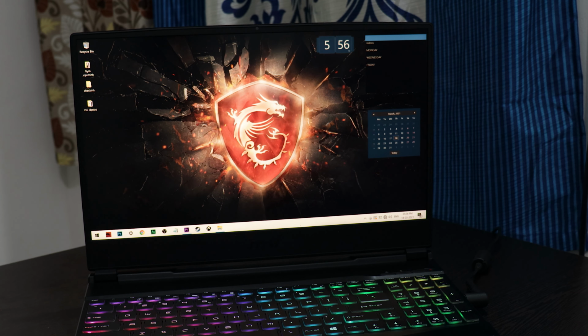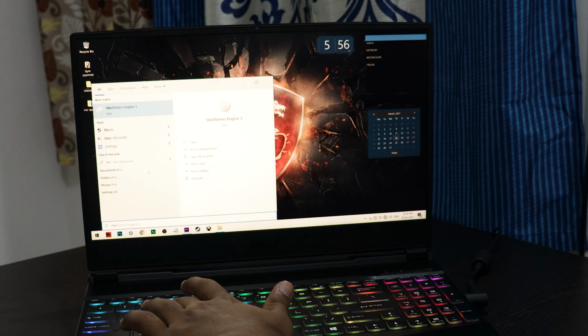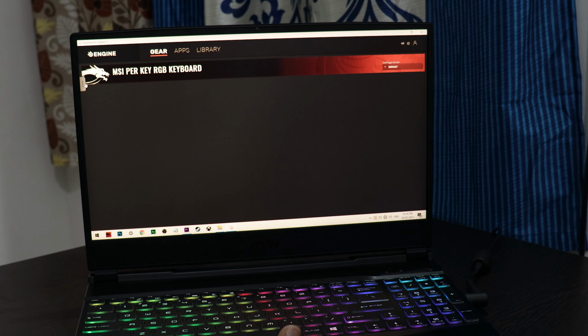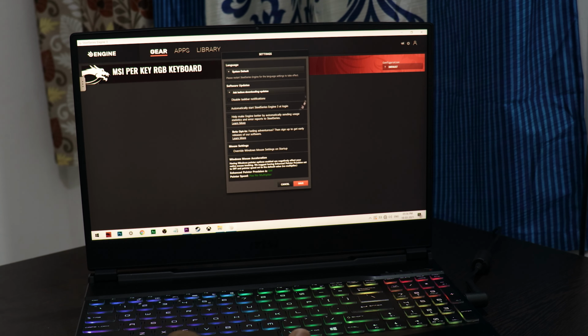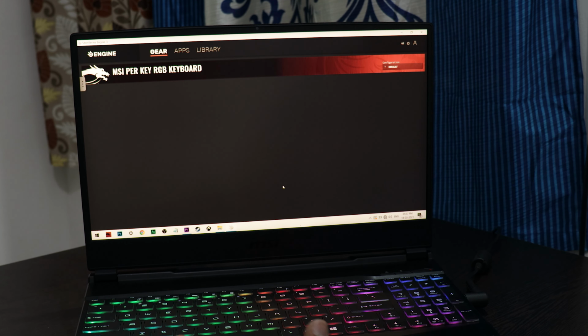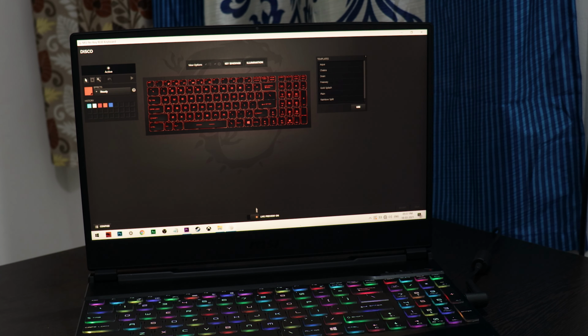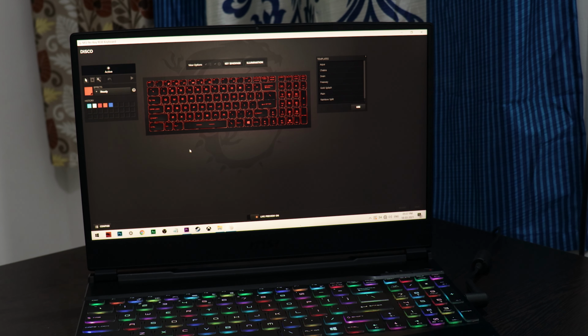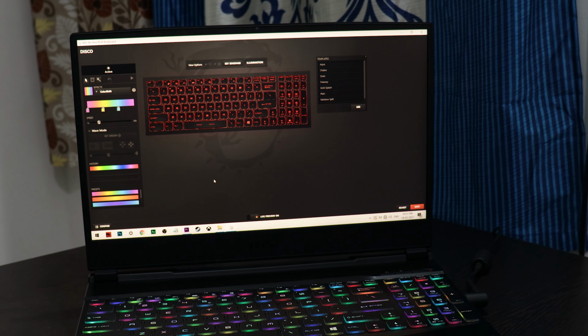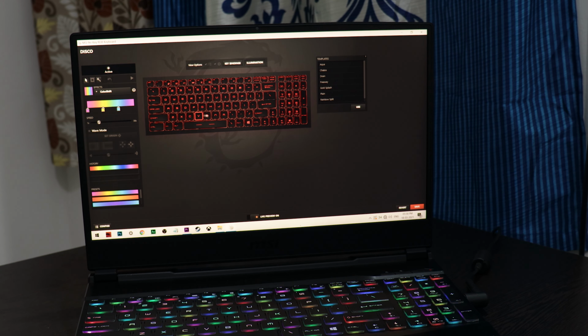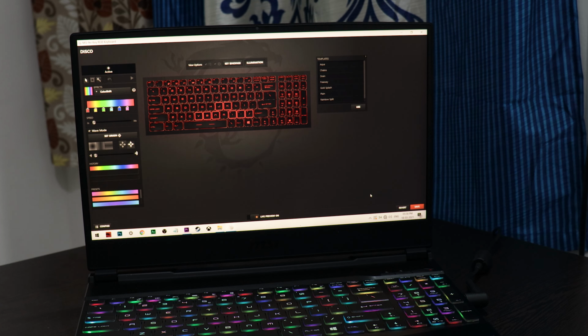And next thing is called SteelSeries Engine. With it you can customize the RGB lighting of your MSI laptop, and if your laptop supports per-key RGB, it is the best app for you guys. Many people are still commenting in the comment section that they can't use this app, and whenever they open the app, it is asking that no Bluetooth devices are connected. Guys, you need to update this app before using it, and you also need to wait for some time to download some asset files. You can customize the RGB lighting per key, almost every color.